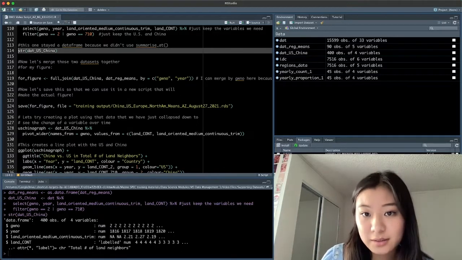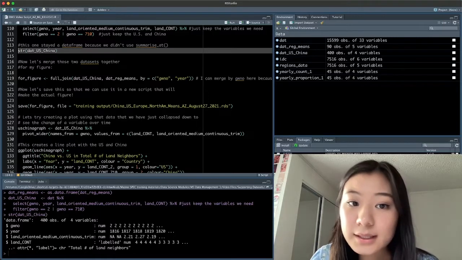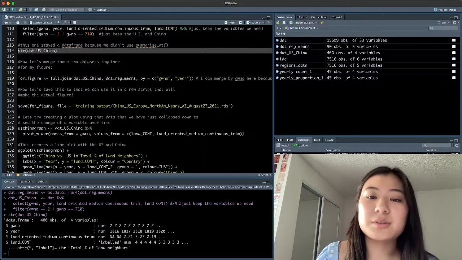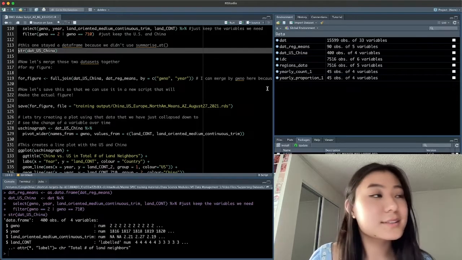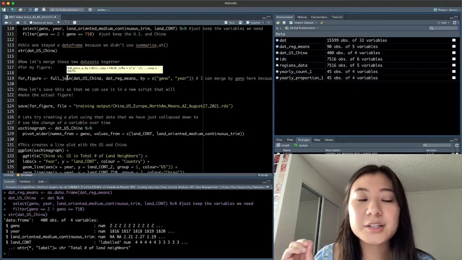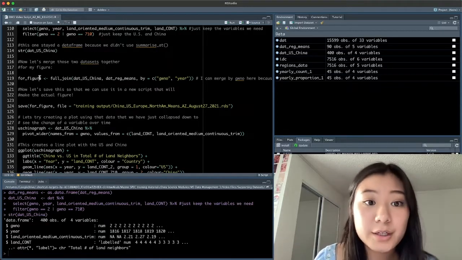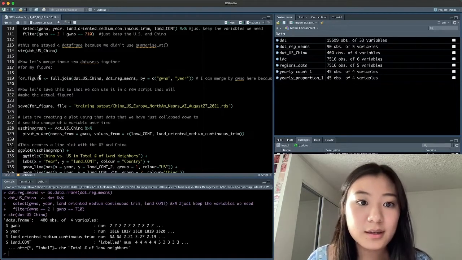We have 2 data frames. They both have GWNO and year, and they uniquely identify observations in both of them. So they're set up in a way we can merge them together. So we're going to use the full join command on line 119, and I'm going to create a new object called forFigure. This is a data object we're going to be making our figure with.